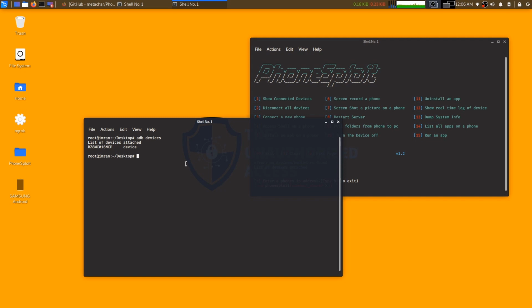So what I'll do here is restart the ADB service to TCP/IP, and the port would be 5555. Why I'm using adb tcpip port 5555 here is because ADB runs on ports 5555 to 5585. So the port range for ADB is 5555 to 5585. I will restart the ADB daemon on TCP/IP port 5555 and press enter. You can see that the Samsung Android option has been disconnected and it has come again.